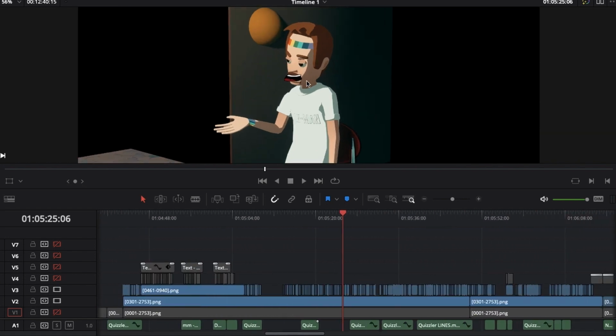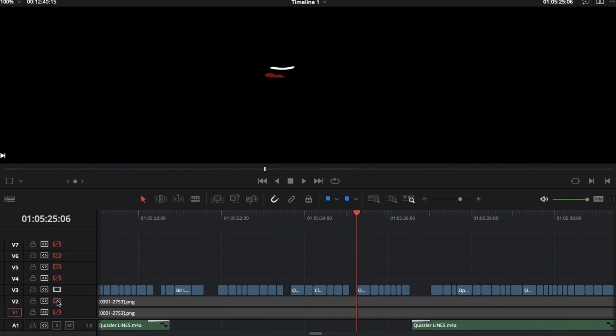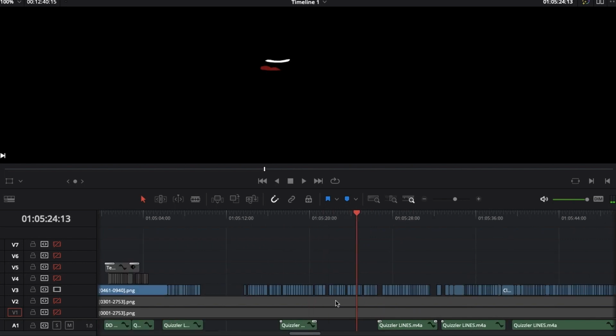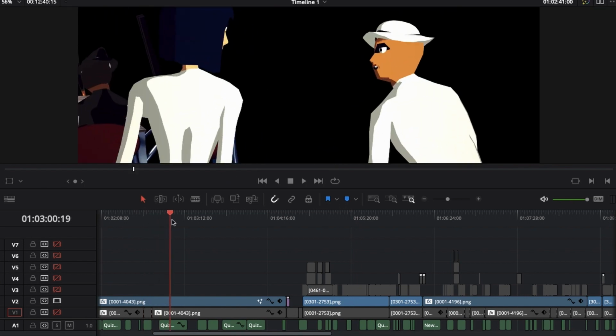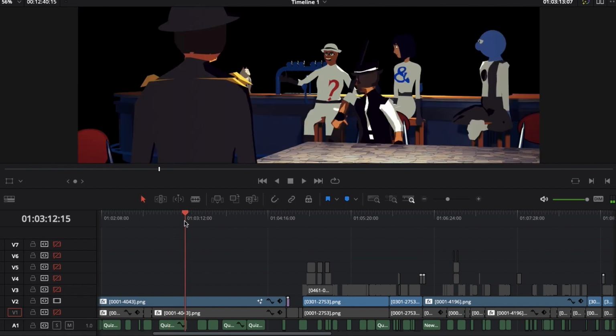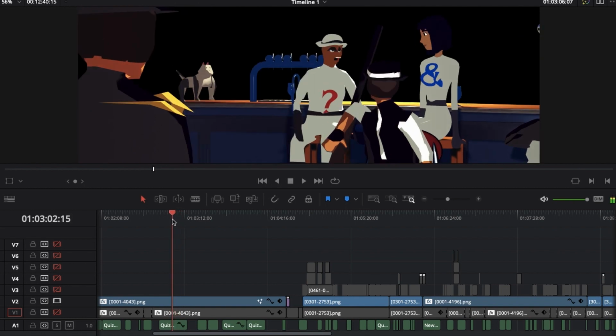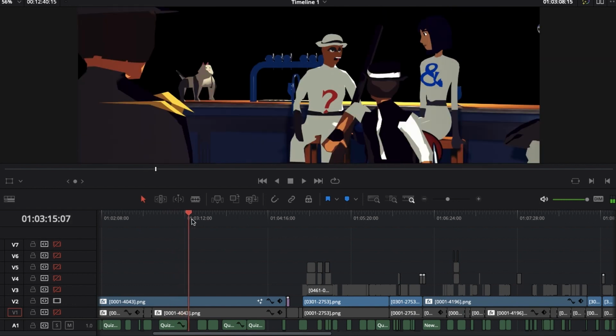The issue with doing lip sync in Blender is that you can see in this scene, this layer is all mouth shapes, and I had to track their movement across the frame a little bit more manually. Whereas if I was doing it in 3D in Blender, the object for the mouth was already parented to the character in 3D space, so tracking the mouth was not a manual process at all. The hard part was switching between mouth shapes, which was really tedious in Blender. I did that using